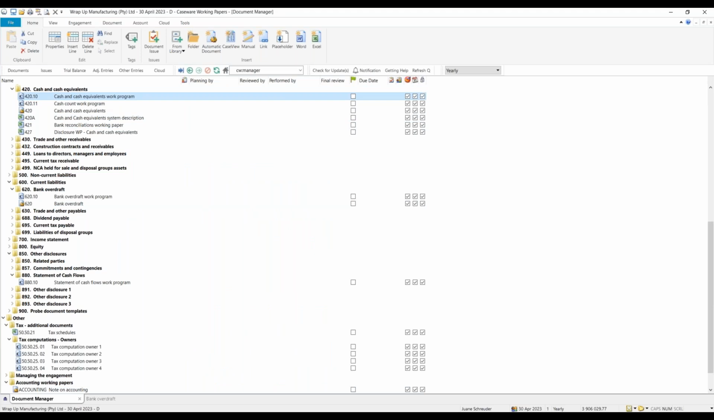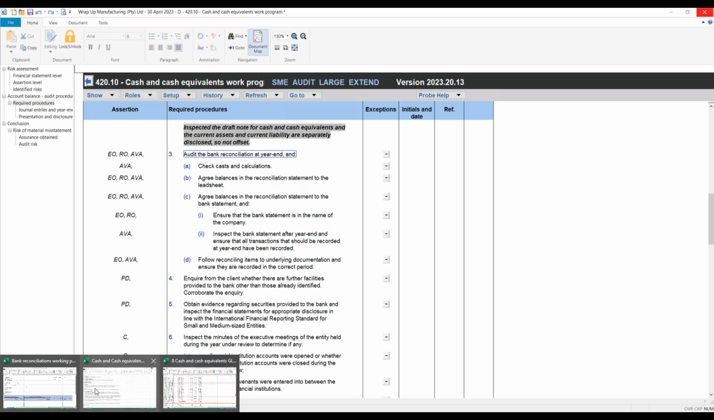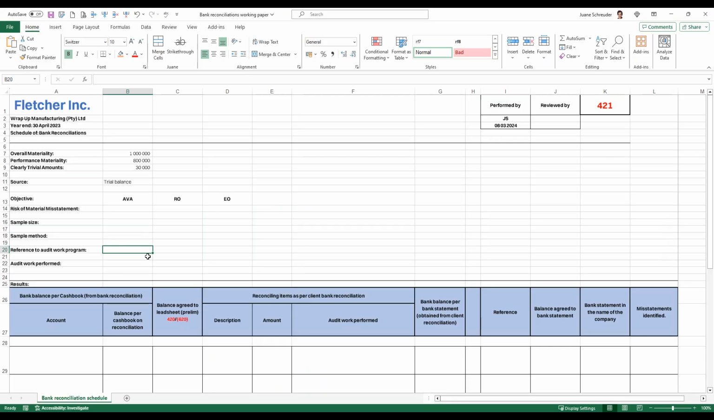Okay, I'm going to go back to the work program. Which step are we completing now? We are completing step 3 on our work program. So when we do the working paper, we will refer to work program 420.10 step 3. Some firms prefer to only, let me show you there, put in 420.10,